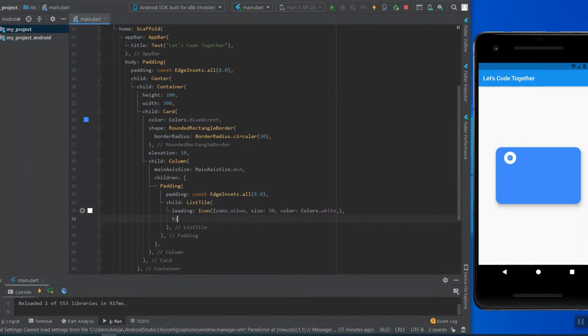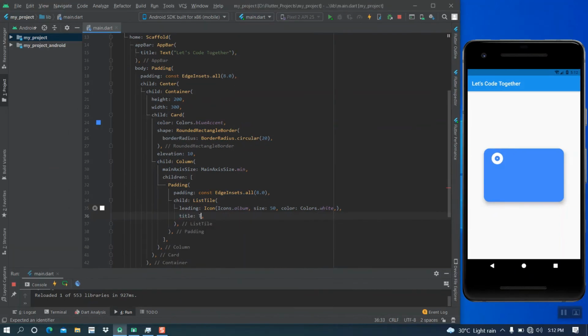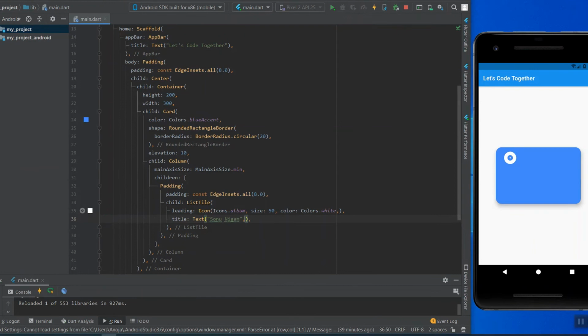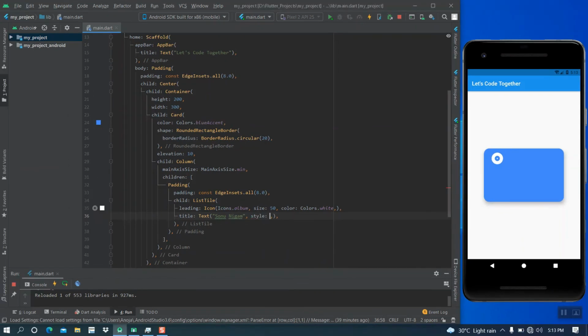Now I am going to give the title. Now I am going to add some styles to this text.